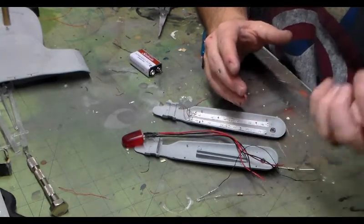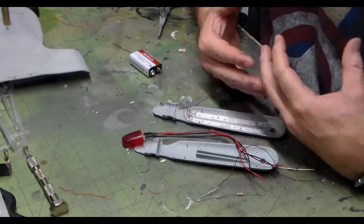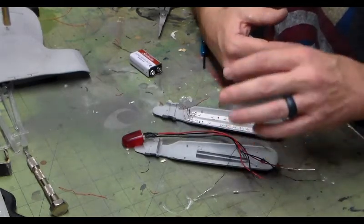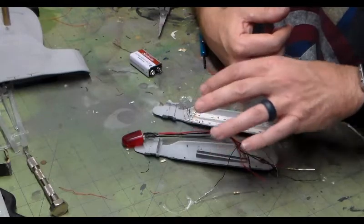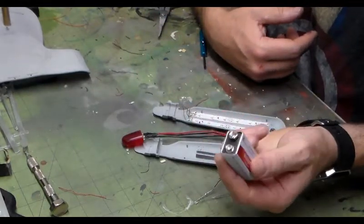The biggest thing when doing lighting like this, guys, with all this lighting that goes into a Starship, is to make sure you have an ample enough power supply. I'm going to forewarn you right now, most of them you probably want to plug in. A lot of my kits, I can run two